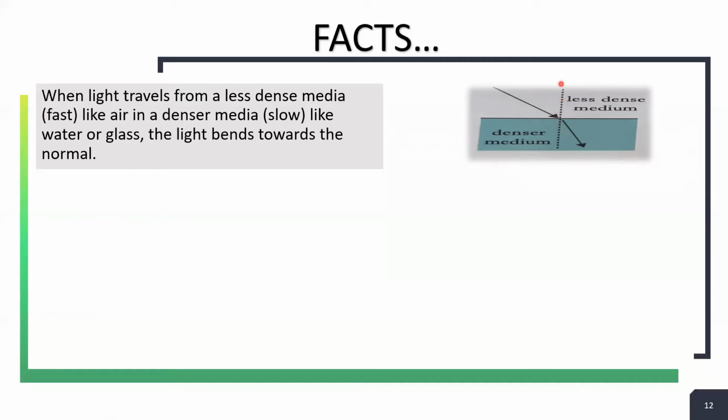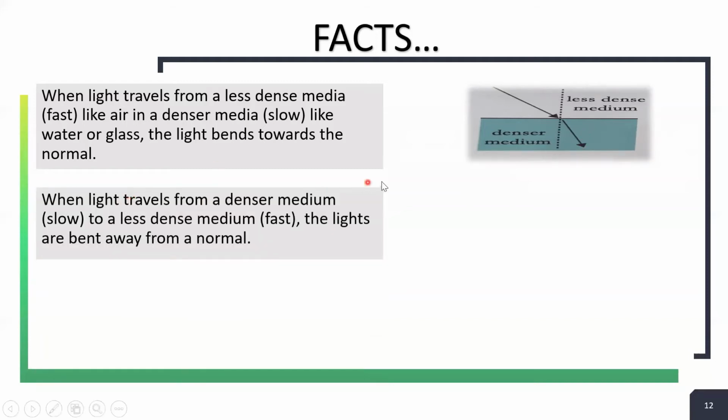This is the normal. We see this is the straight line. So the light travels from here, the less dense medium, and then into a material like water or glass, and the light bends toward the normal. When light travels from a denser medium, slow, to a less dense medium, fast, the light is bent